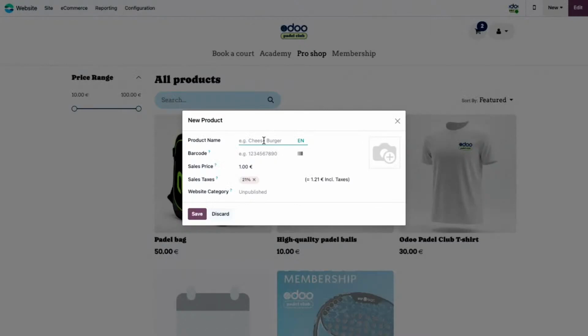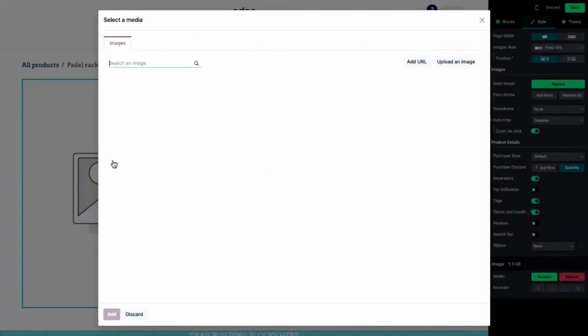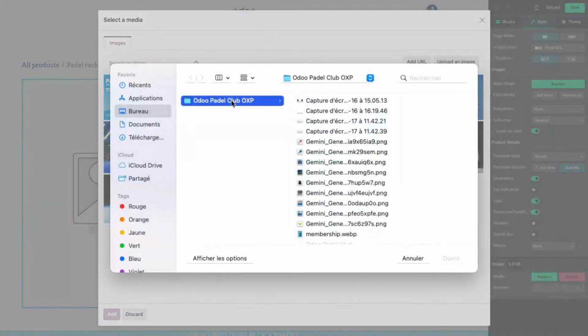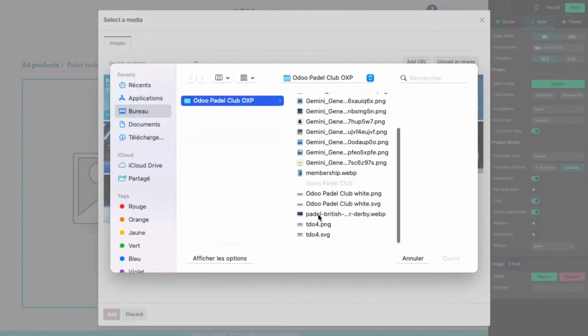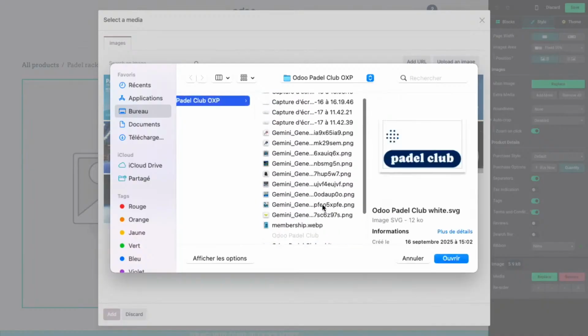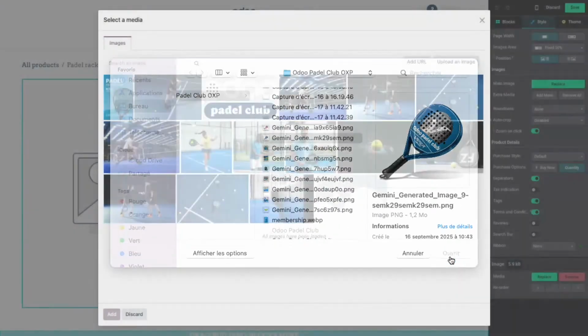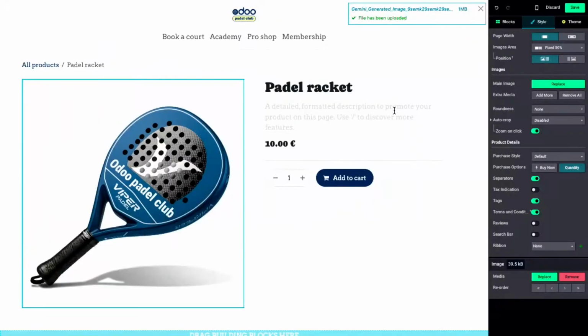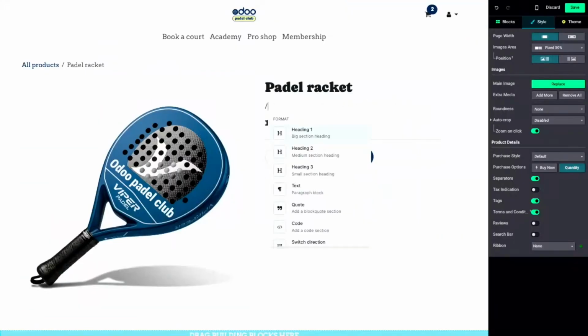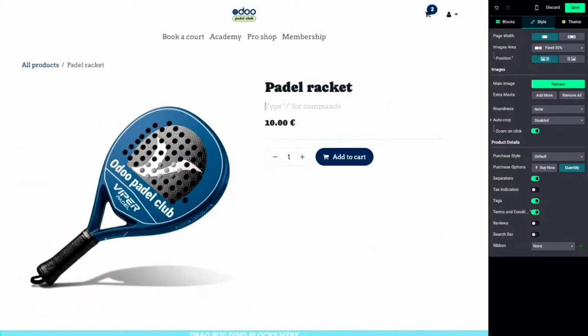Okay, you add a product here. Let's make the paddle racket. Okay, it's going to be €10 per hour. It's a renting. Okay, I can save. I'm going to add a picture of my product, if I find it, yes. I can add a description. I can even use the AI to do the description, but I'm going to keep it like this. I'm going to save,